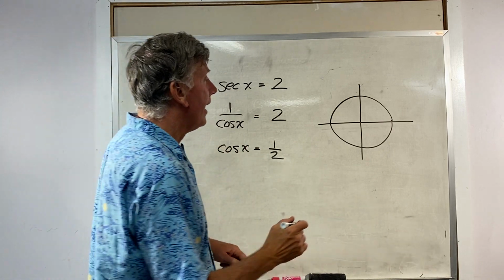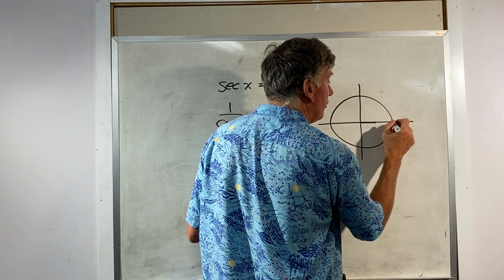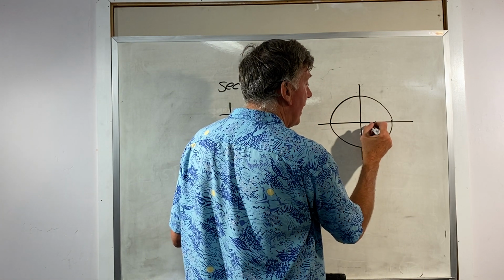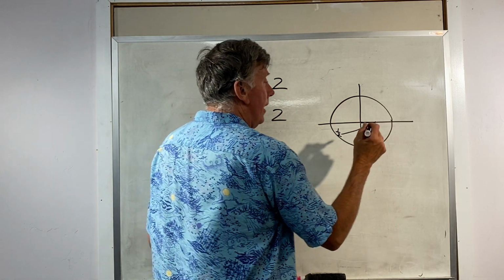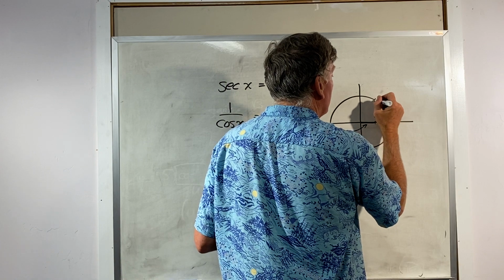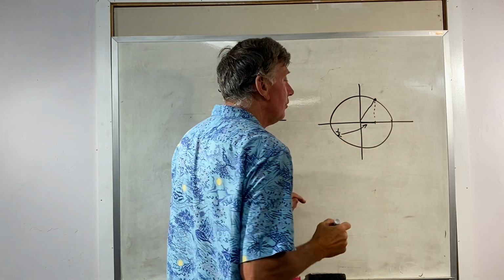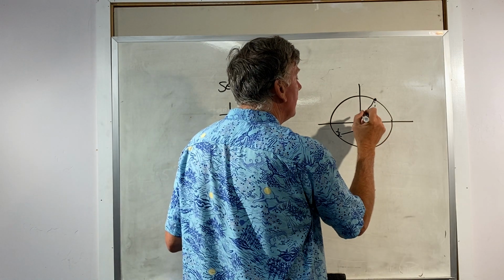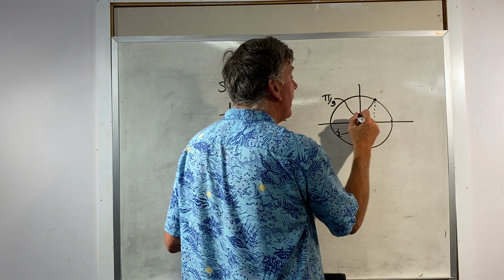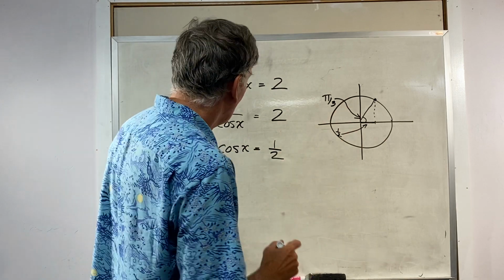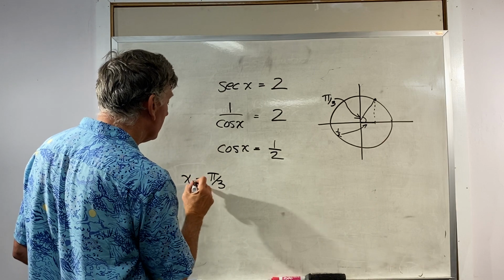Cosine of x equals 1/2. So I'm going to go halfway out along this line here that takes me eventually to 1, and that's 1/2. And I'm going to draw this to the point T that is going to represent this angle. And by now you probably know that that angle is pi thirds. Pi thirds is that angle. And so you would write that x is equal to pi thirds, and you draw